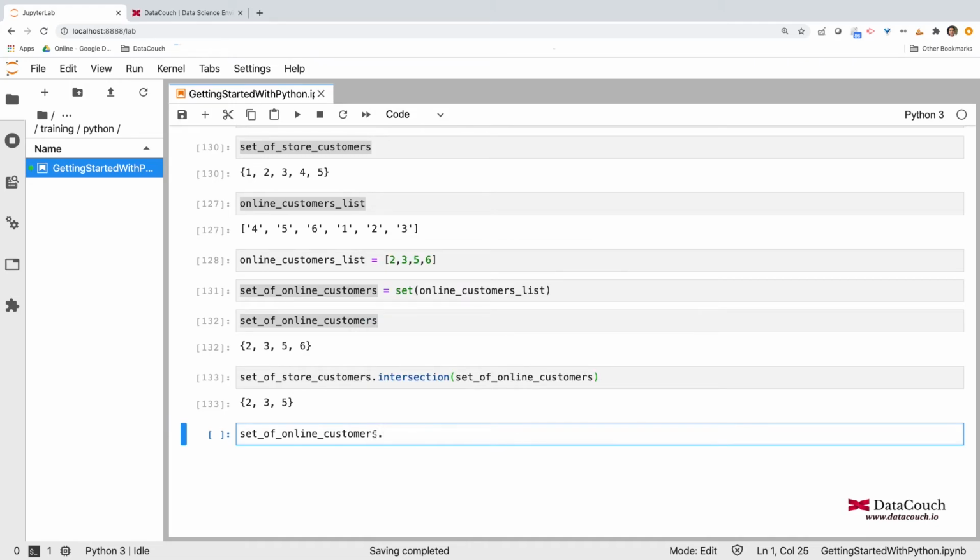But if I define a frozen set, changing this set of online customers to a frozen set of online customers, what does frozen mean? Frozen means it's immutable.